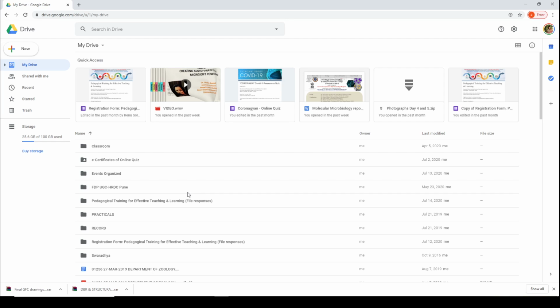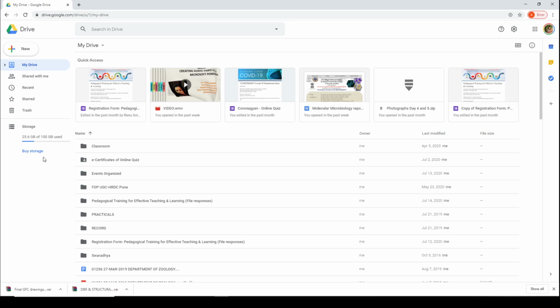So whatever you store in your drive, it remains with you every time, so you can store all your resources, all your study material in your drive, and that you can carry at any place that you go. So that is the purpose of having a drive, and you can even share heavy files or heavy folders with anyone, say your students or your colleagues.